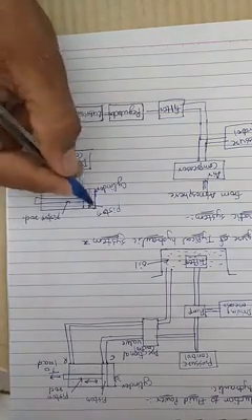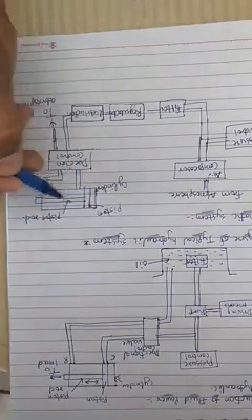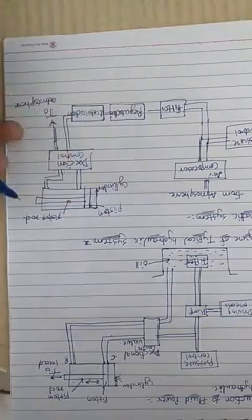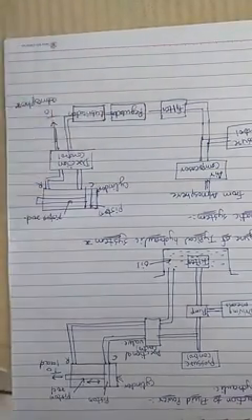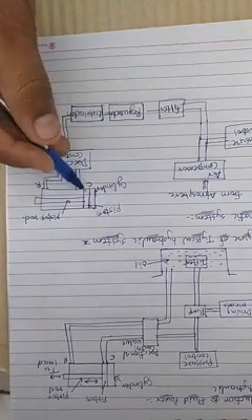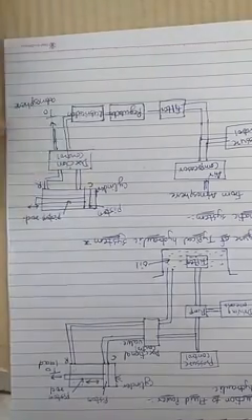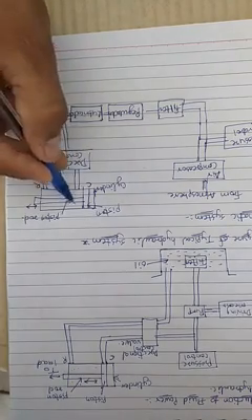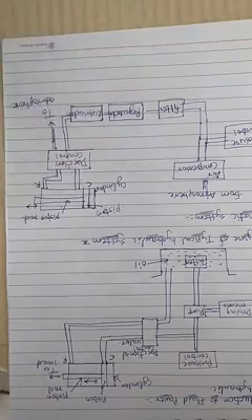Then there is a double acting cylinder, piston cylinder assembly. This is the inlet and outlet. We say here cap end and rod end. Then air enters the cap end. It will move towards left and right, so that the air present at the rod end will go through the direction control to the atmosphere.